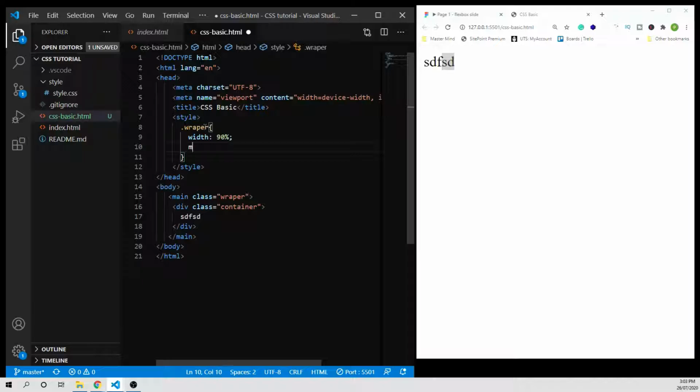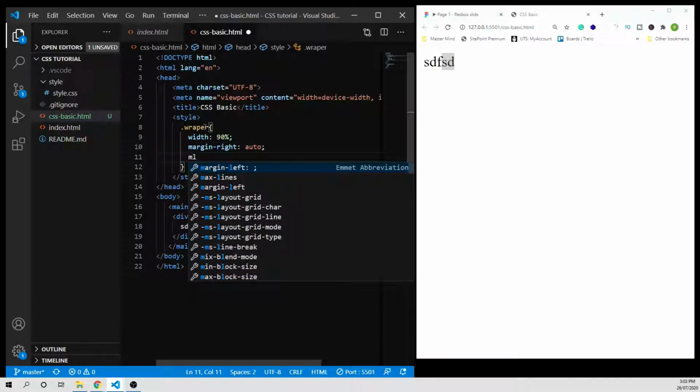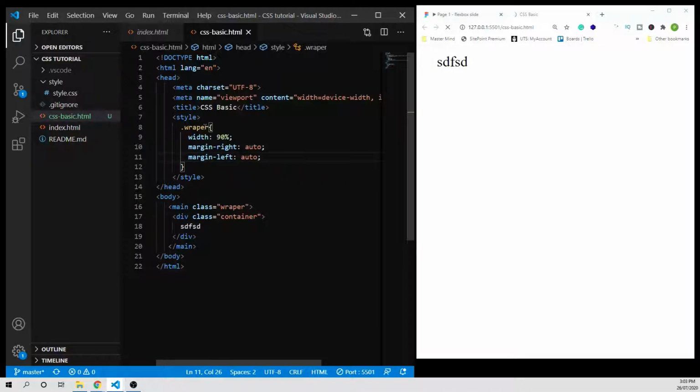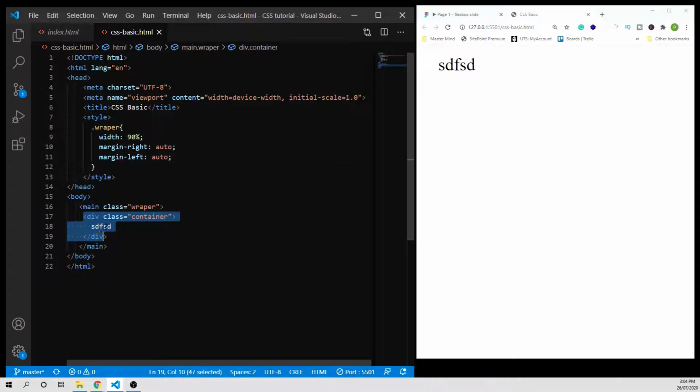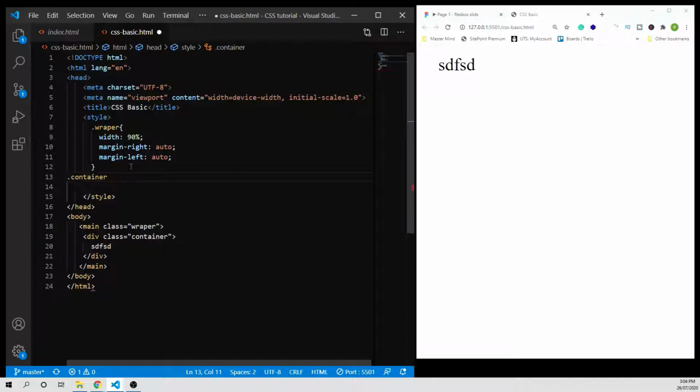And margin right auto, margin left auto, so that we are not all the way in the corner here. This is done. Now let's give the color to the container, our container block here, so that we can see, and then we can work from there. Let's give this class the,